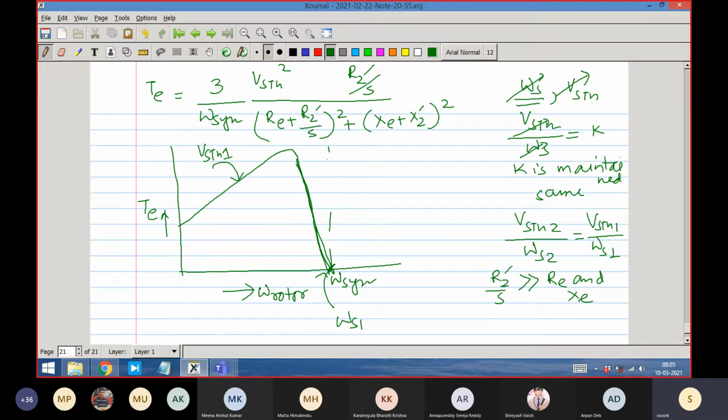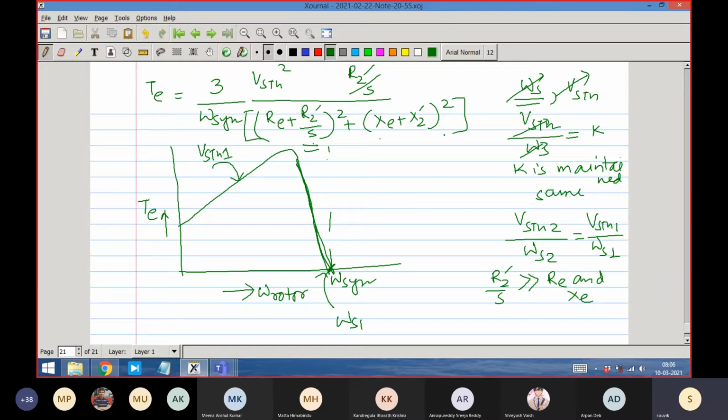S is about 3%, 4% in this zone, and even here a little more, but doesn't matter. It may be 7, 8%. But even then, this number R2 dash by S, when S is less than say 5 to 10%, will be dominating over X or Re. So therefore,